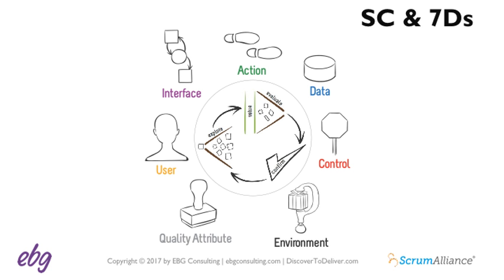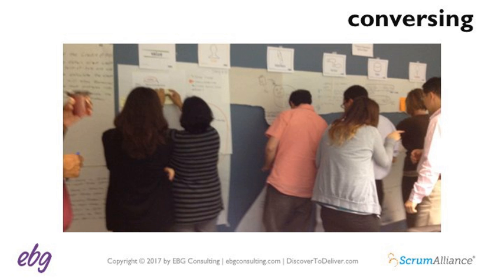Now, we find the best way to do this is to use a discovery board that's visible to everyone. And so you might be wondering, okay, well, what does that look like? So here's a photograph of an Agile team using a discovery board. And at this board, business, technology, customer stakeholders are collaborating as partners. And they happen to start with a big chunky story. They use the epic terminology and explored options for all 7 dimensions for a set of stories. And the product owner, discussing with the team, selected a subset, and they came up with sliced stories.